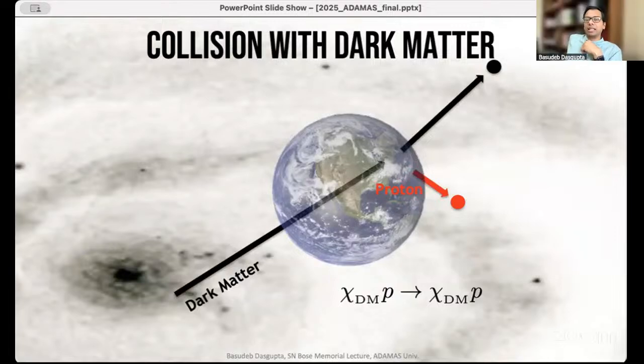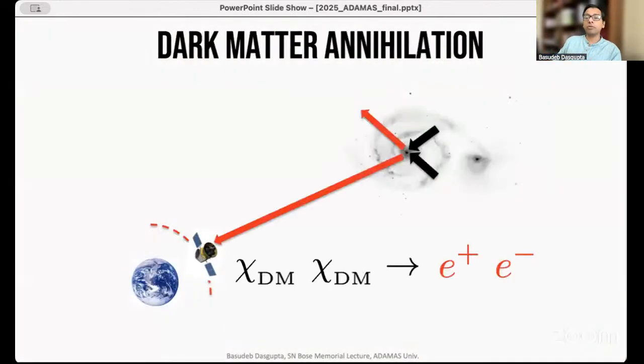That's a great question again. And in fact, this is exactly how we would like to distinguish a signal of dark matter annihilation from all the other signals. If you look at space, there are charged particles, neutrinos, and photons coming from all sorts of directions. How do we know that what we are seeing is coming from dark matter? It could be that there is a star there, or maybe there is some black hole there, which is producing charged particles. How do we know that the charged particles that we are seeing here in this picture are coming from dark matter annihilation? So one of the ways in which you do this is you map the flux of these incoming